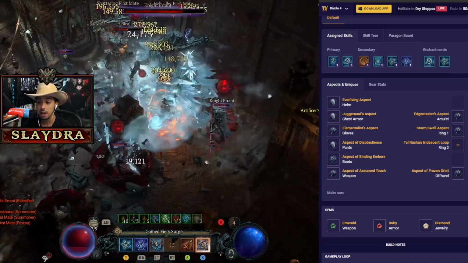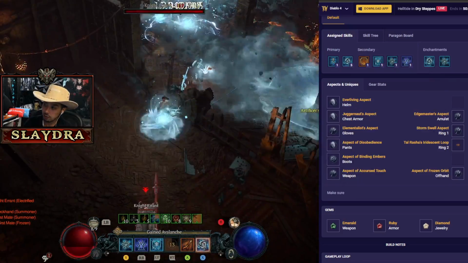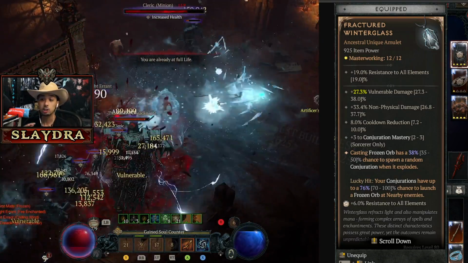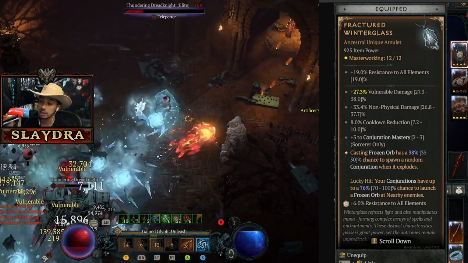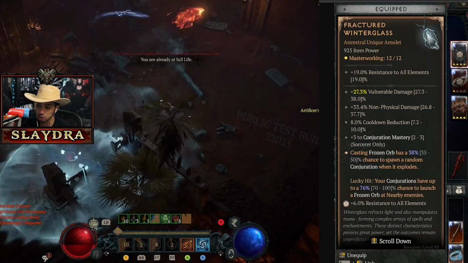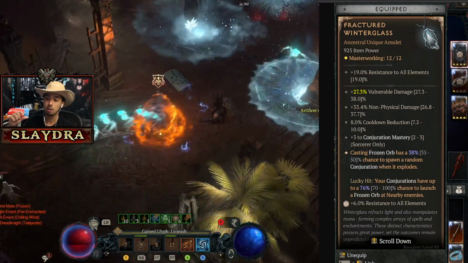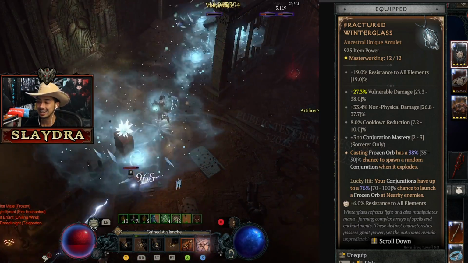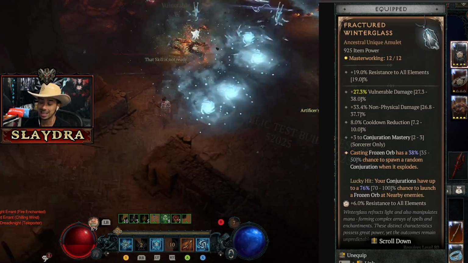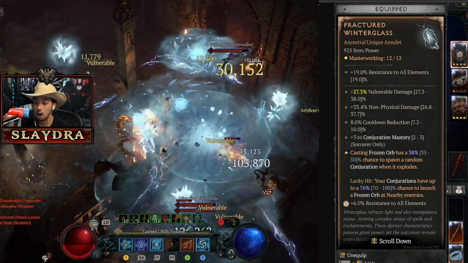So starting right off, this build is going to make heavy use of one of the brand new uniques called the Fractured Winterglass. And it is not an uber unique in the gameplay that you guys are seeing. I have it maxed out in the masterwork. However, I did not get bonus to Conjuration Mastery. That's the stat that you actually want boosted up. It's random. You try to hit it, and if it doesn't work, oh well. The main thing that you want to get with the Fractured Winterglass is actually a high roll on the unique